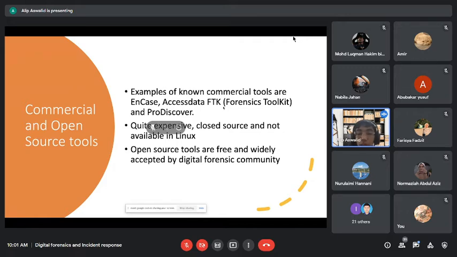But the concept is the same. I'm not saying that open source is not convenient, but